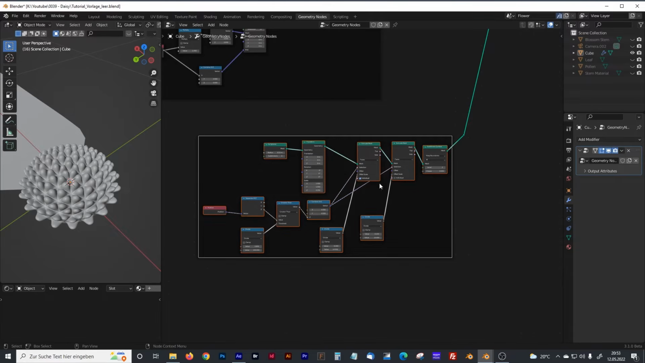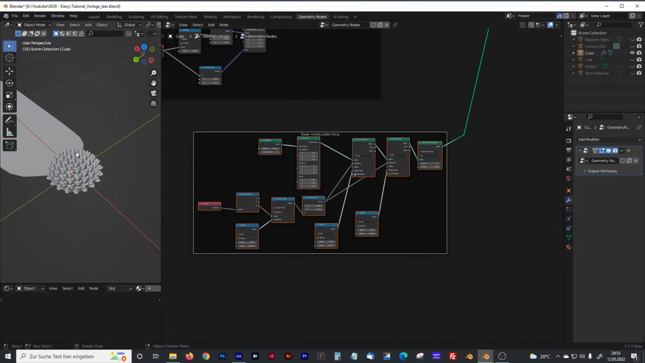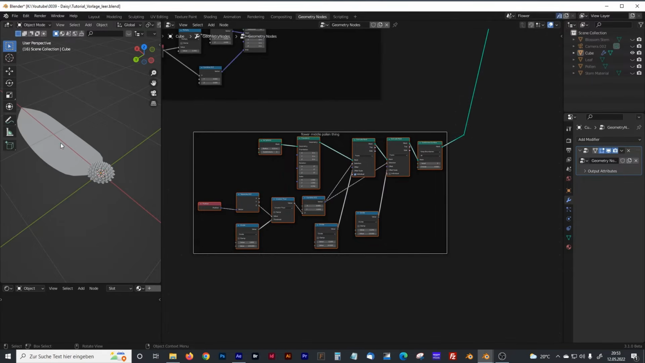Hit Ctrl J and F2, and we will name that. I think we have to look up the real name. I will name it Flower Middle Pollen thing. So the next thing we are going to do is we are going to distribute the leaves around